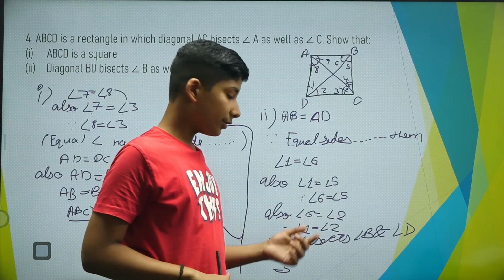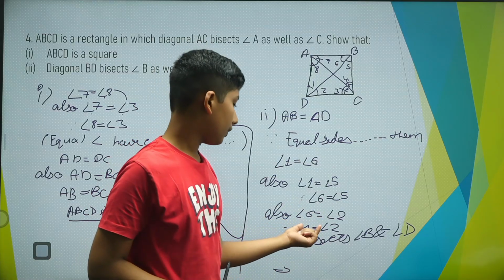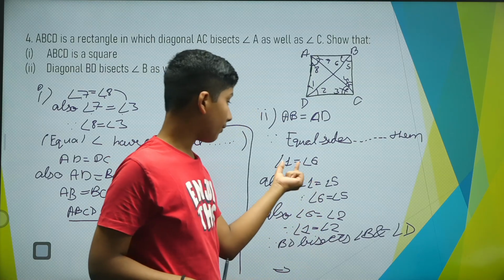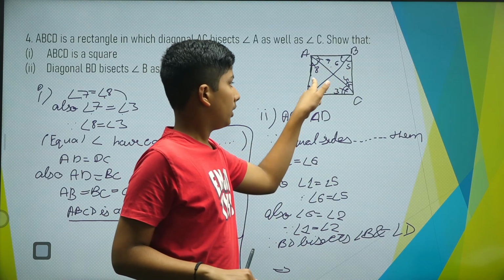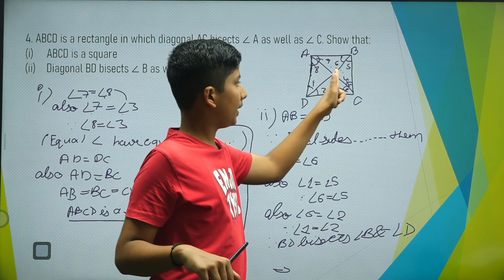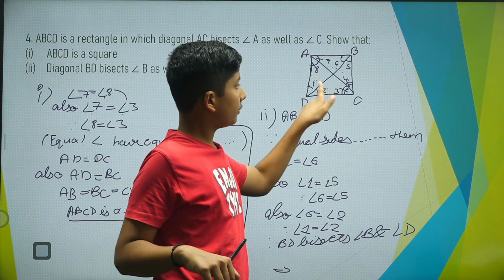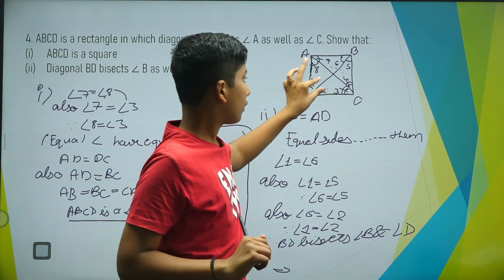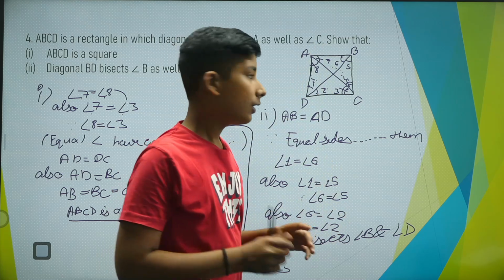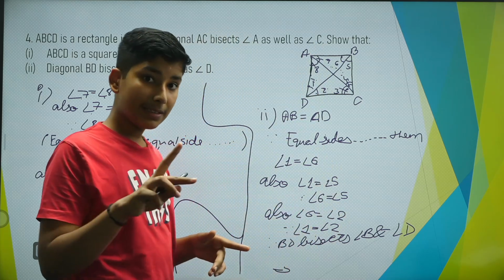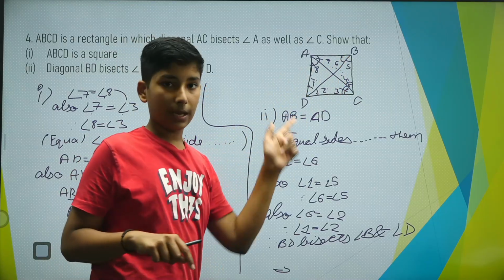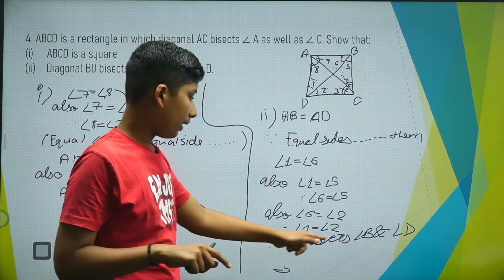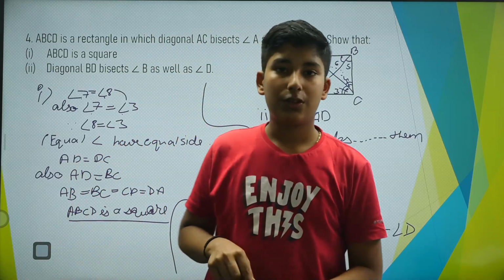Angle 6 equals angle 2. Angle 1 will be equal to angle 2, and already we can say angle 1 is equal to angle 6. These two are equal, these two are equal, so these two will be equal, and these two will also be equal. So all the angles have been equal, so this is bisecting these two angles. Okay, hence proved. This question is also done.